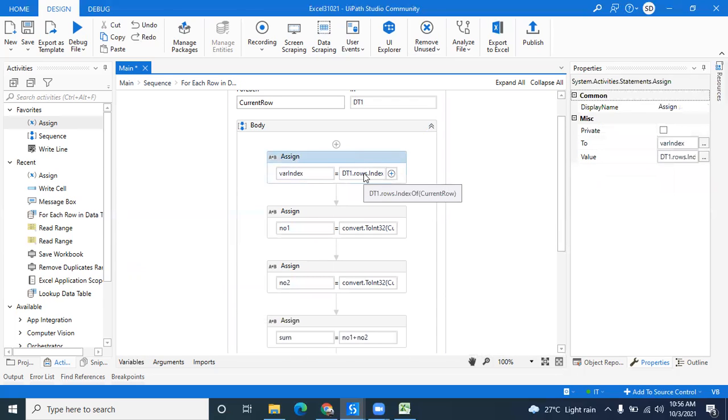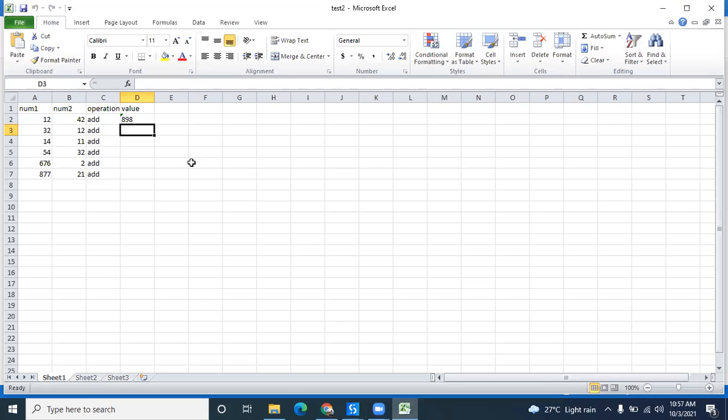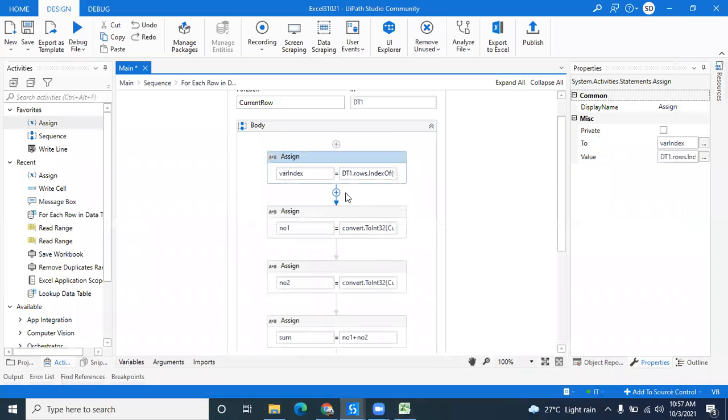Understood what I have done here? No, sir. Here I am taking the index of my cell. To take the index, I should know what the data table is. Then what is the row?